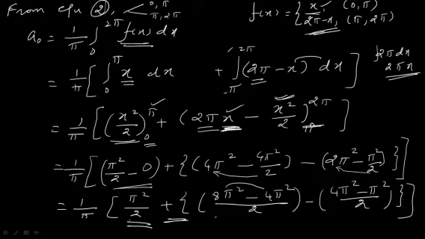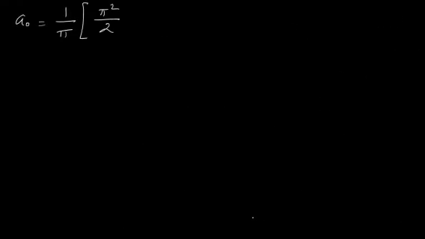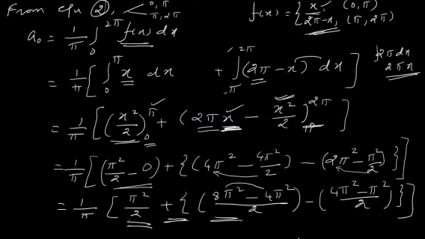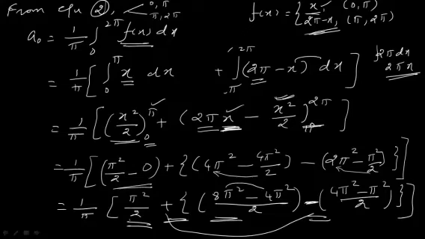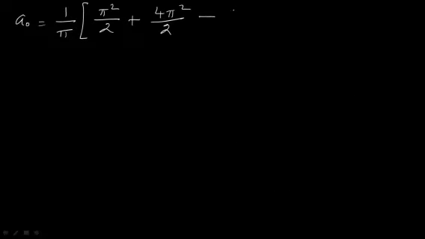So plus 4 pi square divided by 2. And then minus. Look at here: plus here, you are having minus. So plus into minus, minus. 4 pi square minus pi square is nothing but 3 pi square, 3 pi square divided by 2. Before that you have minus symbol, so minus 3 pi square divided by 2. That's all. Let us simplify this.